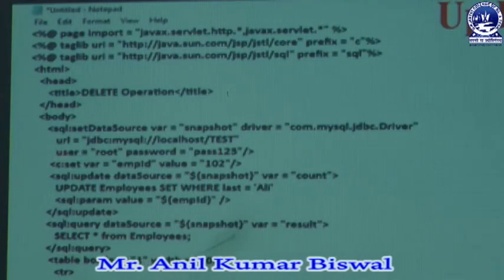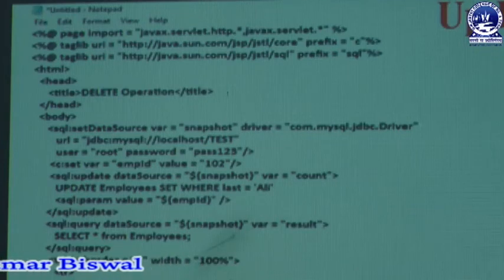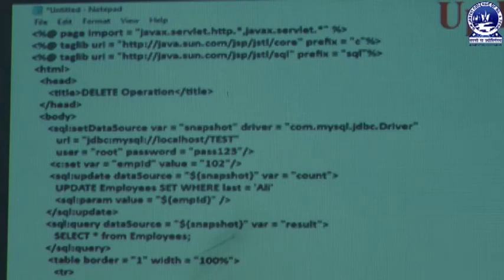Then we create a c:set var, which means we are setting values in our programming part. It is the most effective way of execution, and a general way of implementation through which it is much easier to act on our database part. Next we mention which record in our table we want to update. We set c:set var, written as employee ID. We take this employee ID as the unique key. Then we set the value, which should be 102, and that record should be updated, and it is written as sql:update dataSource.